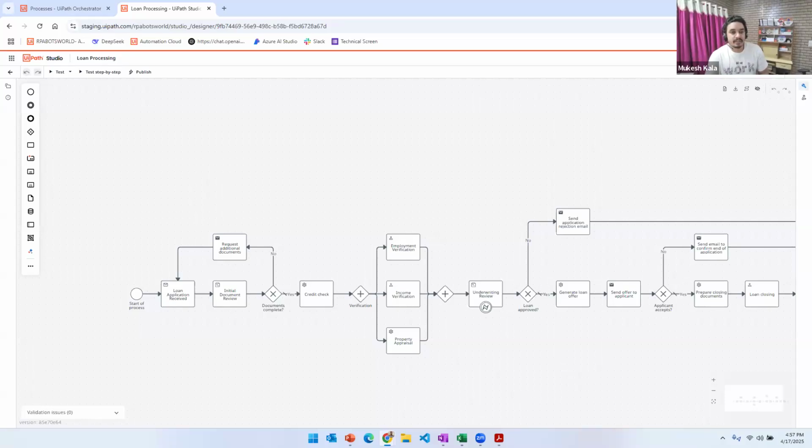Great. And then there is a question. It's not a question, I think it's kind of a comment, that when people try to run it from Maestro, it shows no execution trail. I think it is because of the preview, right? It is still in progress. Yes, this is because of the preview.